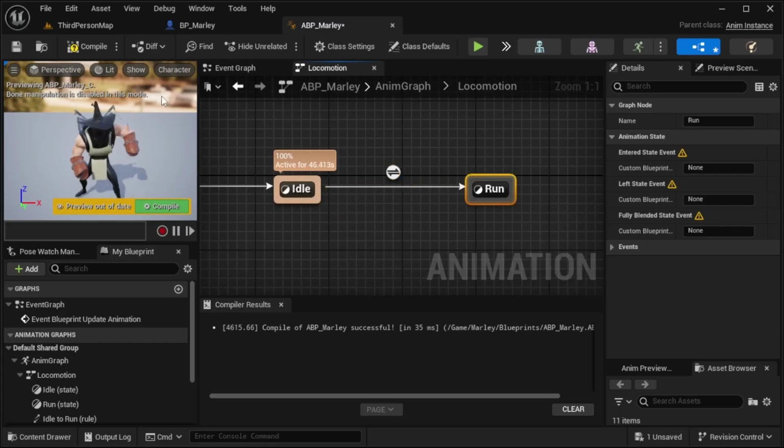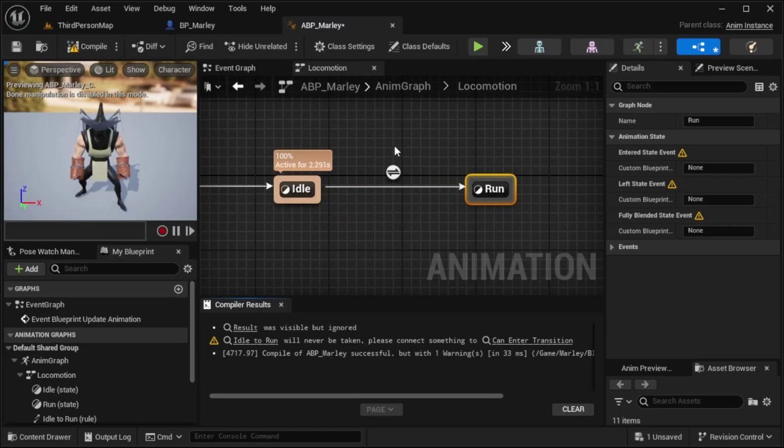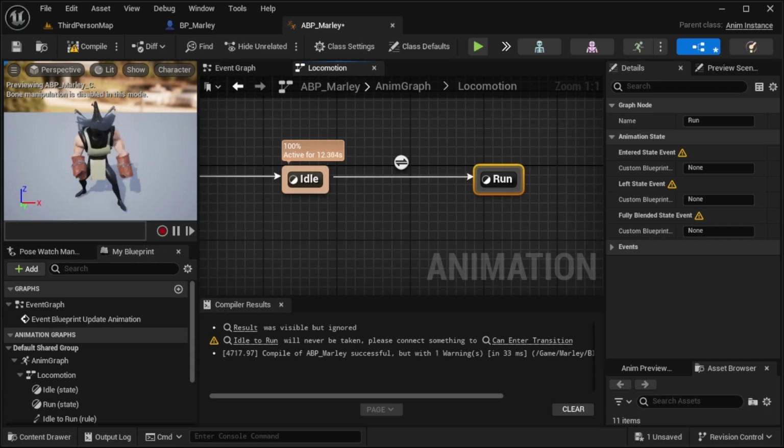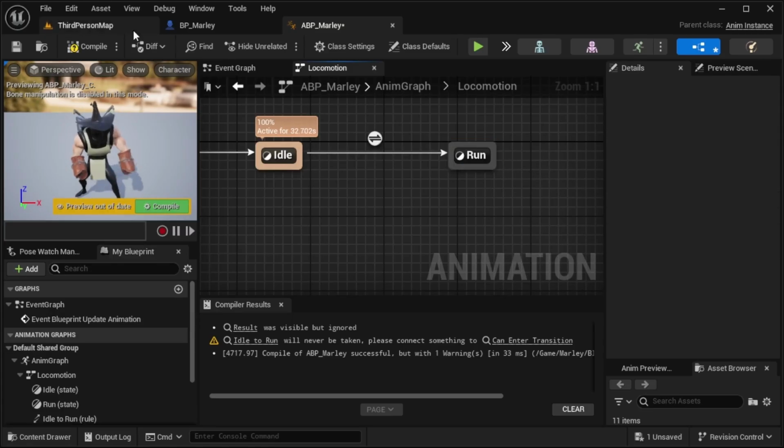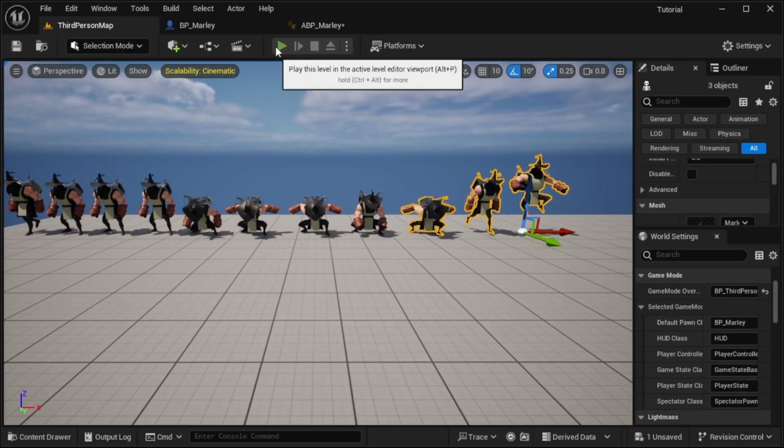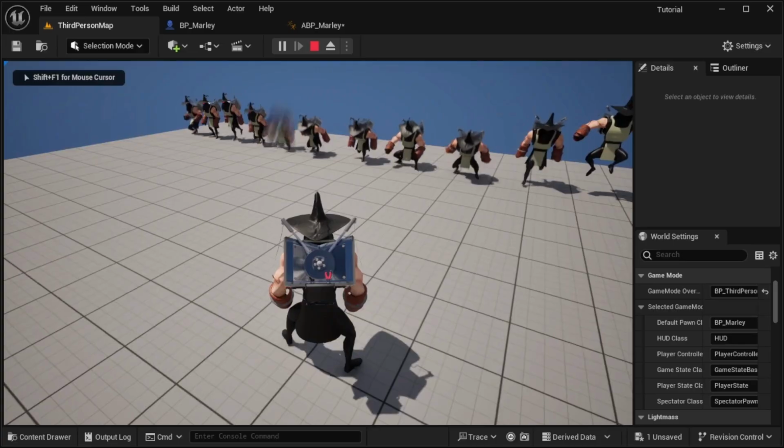So from idle to run, we have to detect if obviously it is Marley moving, and I'm actually going to open the PunchEmUp Unreal project, because like I said, it's been a while and I need some refresher, so I'm gonna have that off to the side, but I'm still going to explain absolutely everything. I have the original pulled up on the side, and I'm glad I did, because again, if we come back here, press play,